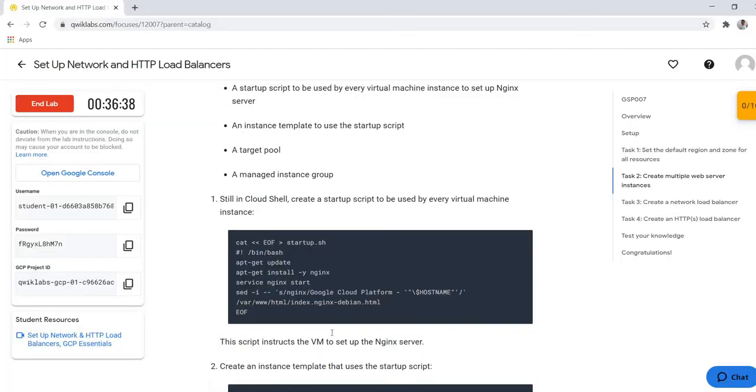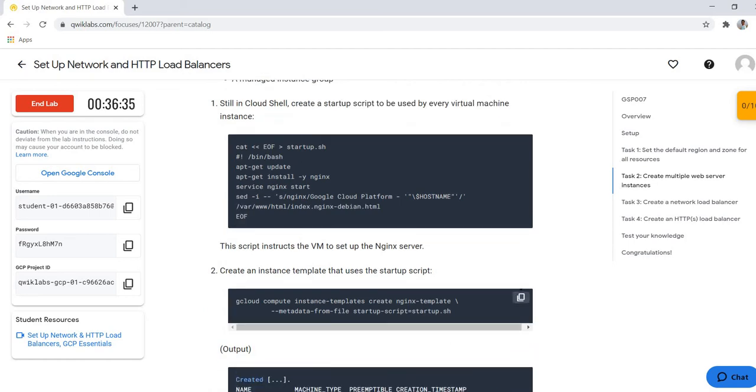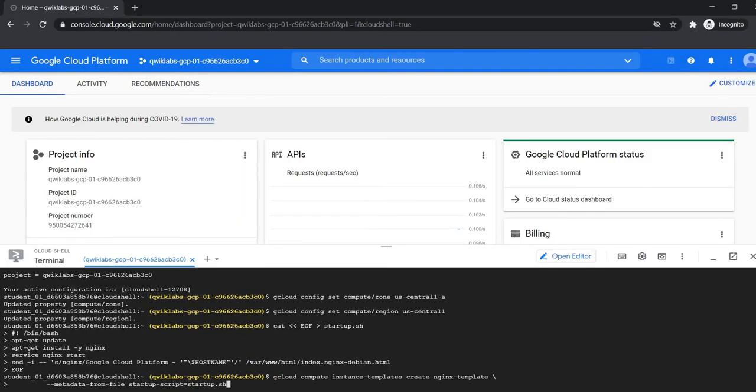So write this script so that it is easy to create virtual machines.